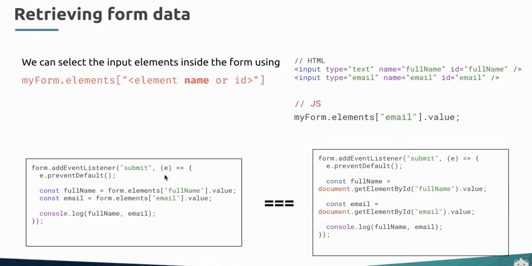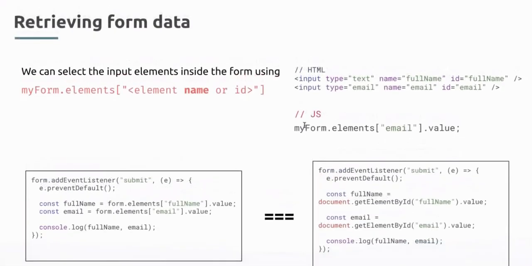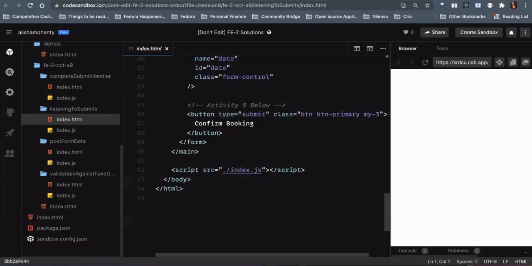If you compare both of these screenshots or code, on the left-hand side you would see we have this full name, which we get from form.elements full name dot value, whereas on the right-hand side we are similarly using document.getElementById. And similarly, we are doing it. So if I am going to rewrite the code that I have written,